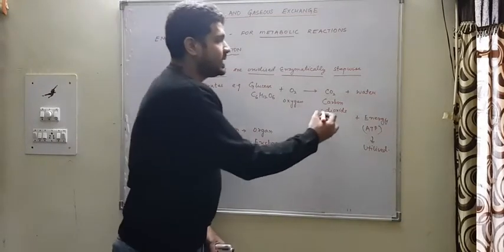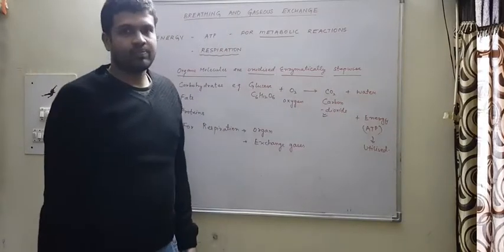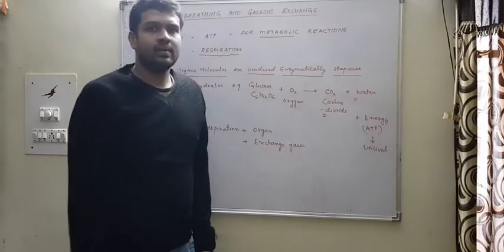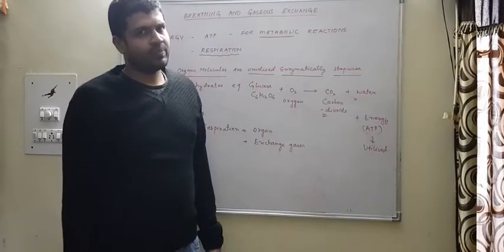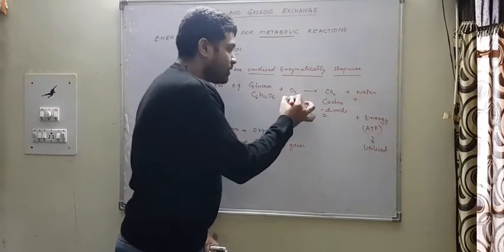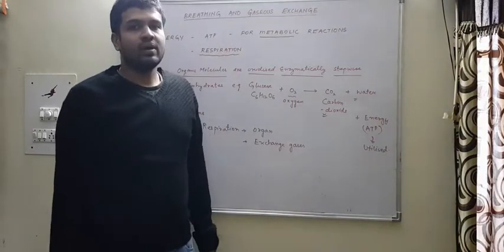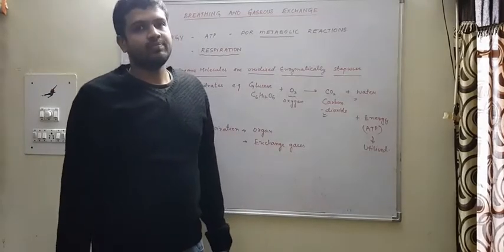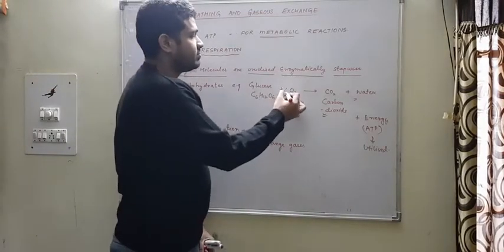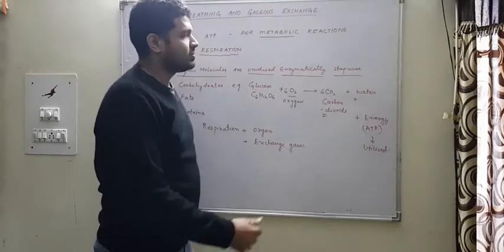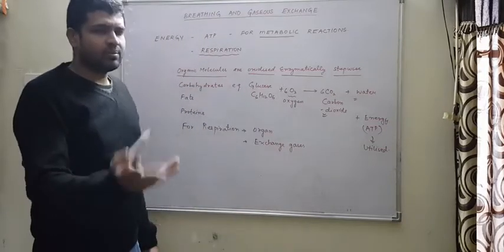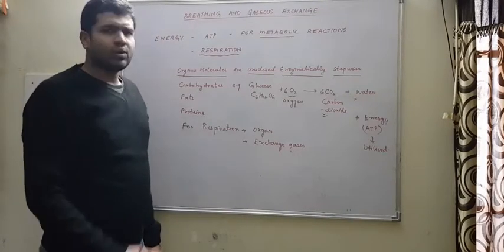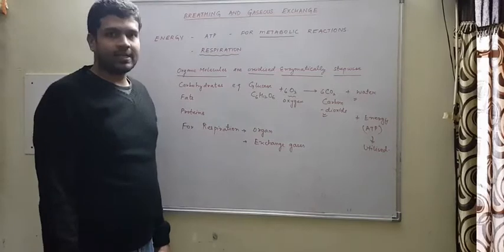But where does this carbon dioxide go? And what happens to the water? And from where does this oxygen enter the body? Let us balance this equation just for the sake of balancing. You might have discussed this in botany in respiration in plants. If you don't know, we can take it some other time.